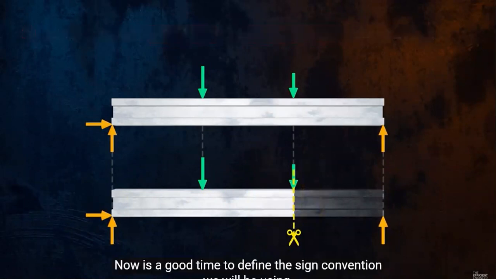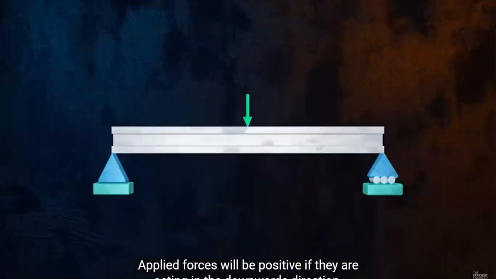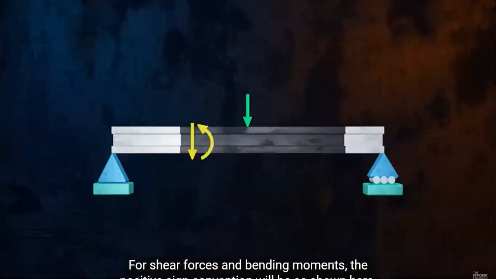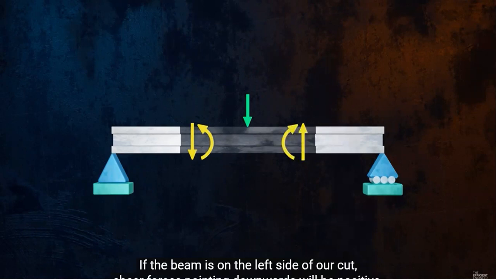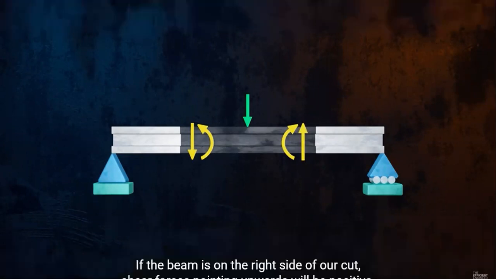Now is a good time to define the sign convention we will be using. Applied forces will be positive if they are acting in the downwards direction. For shear forces and bending moments, the positive sign convention will be as shown here. If the beam is on the left side of our cut, shear forces pointing downwards will be positive. If the beam is on the right side of our cut, shear forces pointing upwards will be positive. Positive bending moments will be those that put the lower section